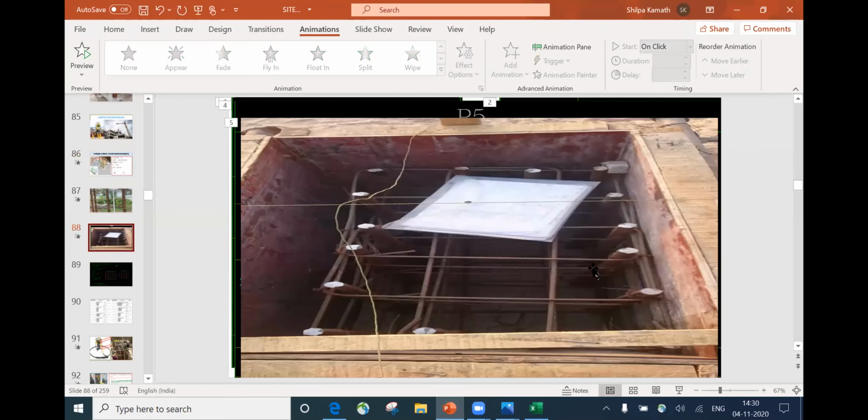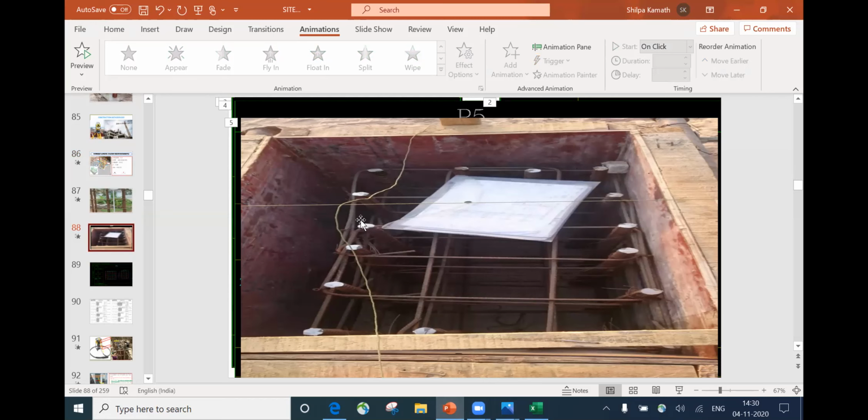See, so this is how a column looks from the top. When you're seeing it from the top, you're going to see only this portion. You're not going to see the entire length of the column. Only the top circular portion is visible. That is why in the structural drawings, they give you that dot. The dot means you have cut the section, you have cut this bar, and you're seeing it from a top view.